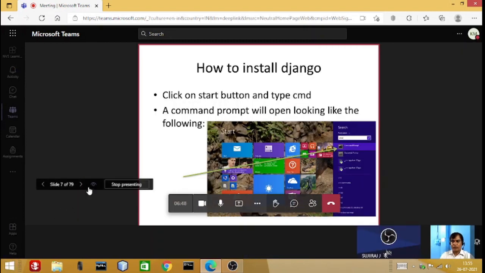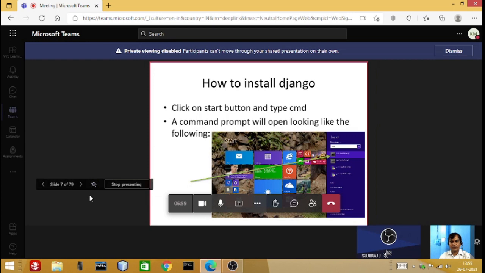So first of all, you have to click on this icon. This icon will stop the student from moving from one slide to another slide. So we will click on this option. Now the student can only see what we want to show. They cannot move to the next slide. So this is the way you can present your slide in the best mode, and you saw just now how the student will see it. The student will see whatever you want to explain.